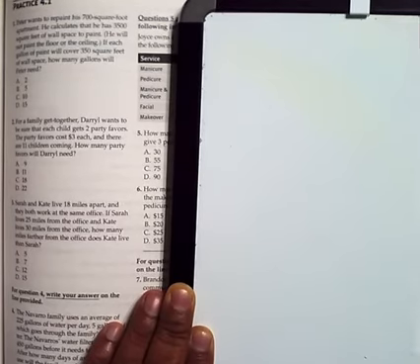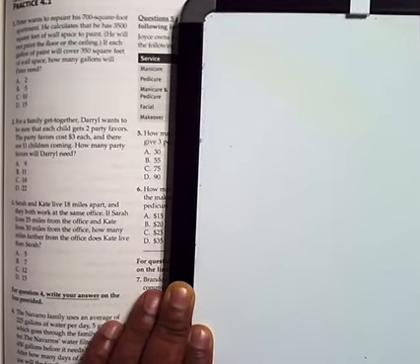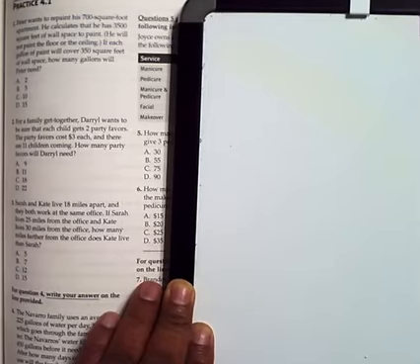All right, so when we look at this question, we'll see that there are three pieces of information given to you. He has a 700 square foot apartment and he needs to paint 3,500 square feet of wall. Each gallon of paint covers 350 square feet. There is some extra information. The 700 square foot is not useful here because we only need to know how much paint is needed for